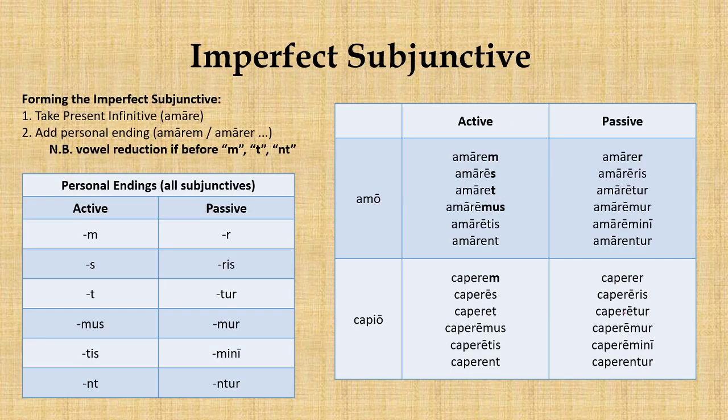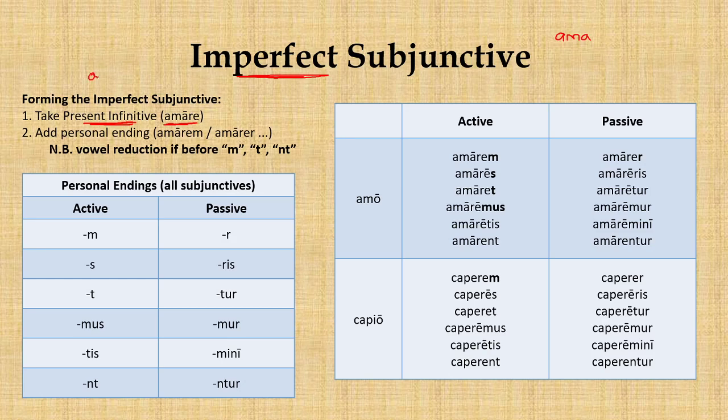So, all right, and then for our next section, I wanted to just briefly introduce the concept of the imperfect subjunctive as well. So the imperfect subjunctive is very simple, and we'll also see when we get to the pluperfect subjunctive that it stays very consistent as well. But it might be a bit confusing if you're first looking at this. But once you get used to the habit, it actually makes quite a bit of sense, and is also quite consistent. So essentially the rule is you take your present infinitive,